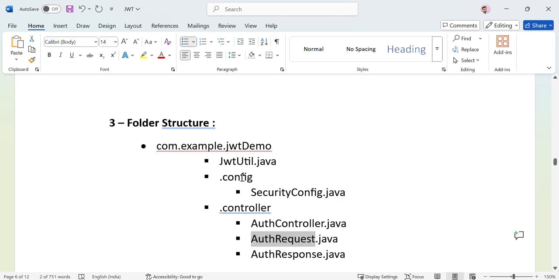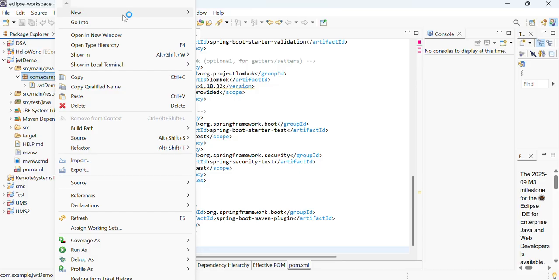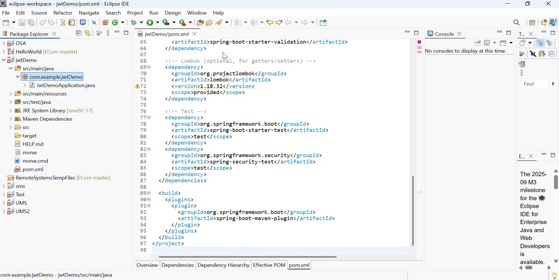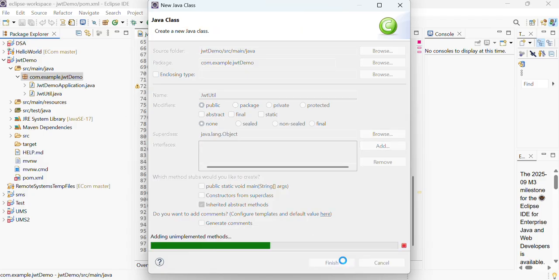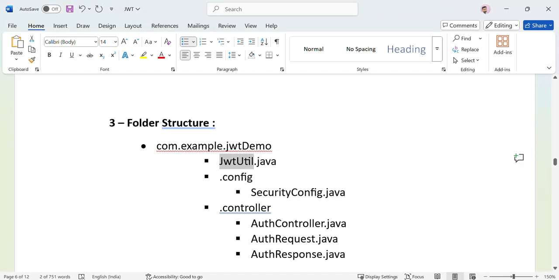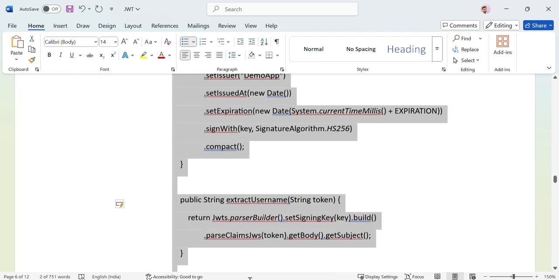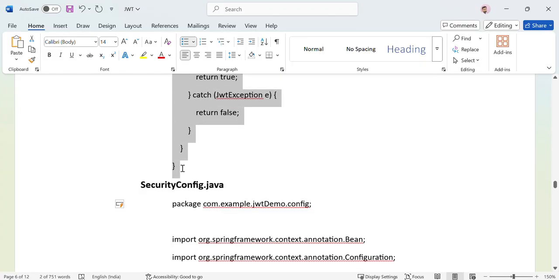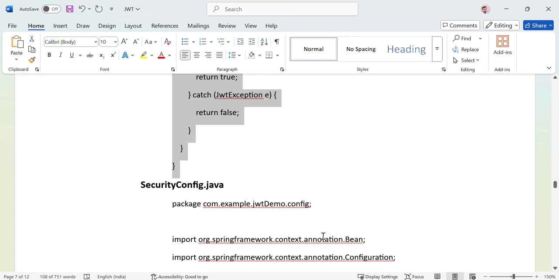So for that, let us create the JWT util file. Inside JWT demo, click on new. So this is a Java class file, right? We have to choose the class option, then create the class, and then inside that class you have to put this code. So I will later explain the purpose of each file. Okay, so first let us create the file,